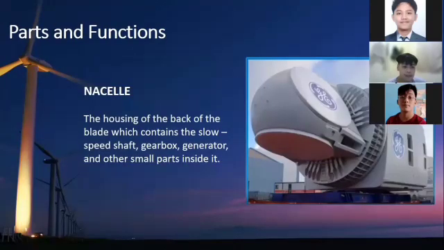Next, nacelle, the housing at the back of the blade which contains the slow speed shaft, gearbox, generator, and other small parts inside it. Next,